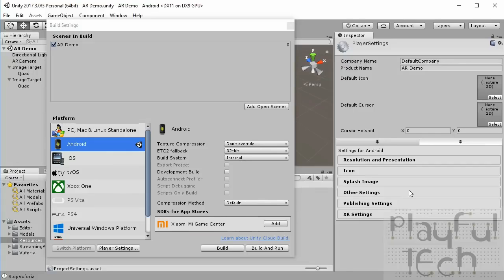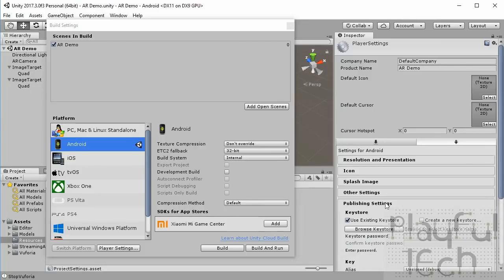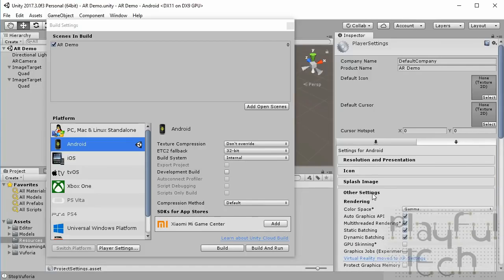So there's a couple of things you're going to need to change and a couple of things you might want to change. So the first thing I'm going to do is expand this section at the bottom that says XR settings, and we're going to enable Vuforia augmented reality. In the next setting up, we're going to go into the other settings section,